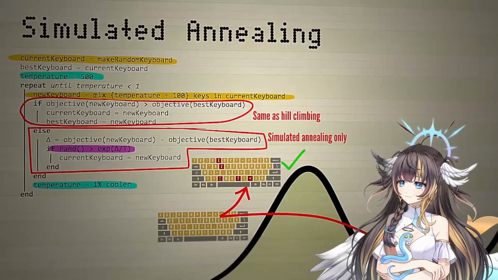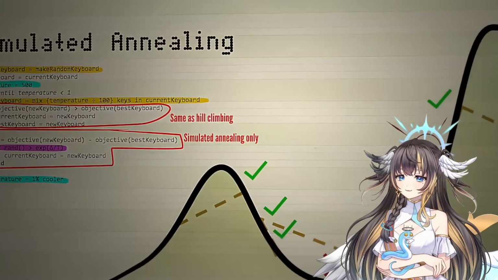We tie this probability with the current simulation temperature. Near the start of the simulation, when temperature is high, there's a high chance that we'll keep a worse design. Whereas near the end of the simulation, when things cool down a bit, then the chance of keeping a worse design is much lower. Looking at this through the lens of hill climbing,